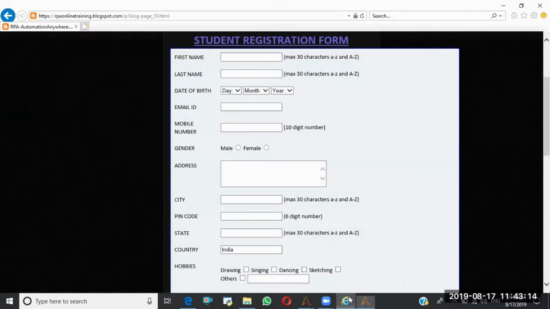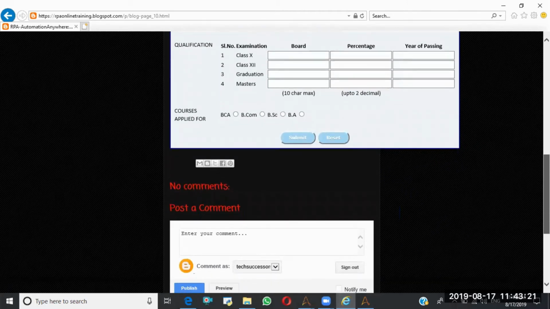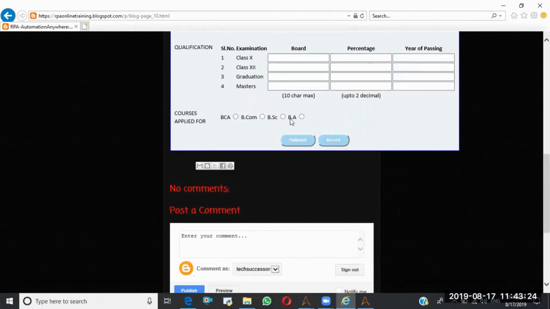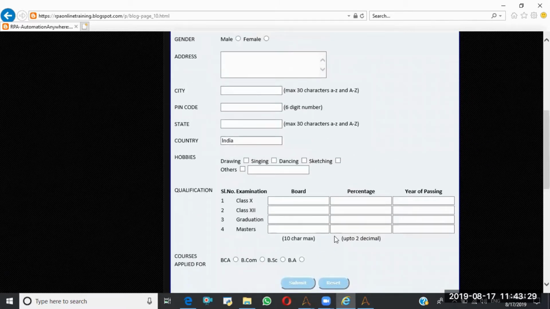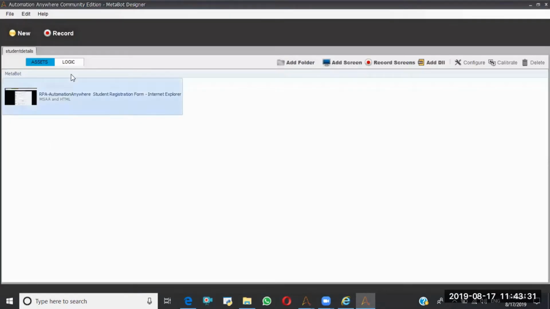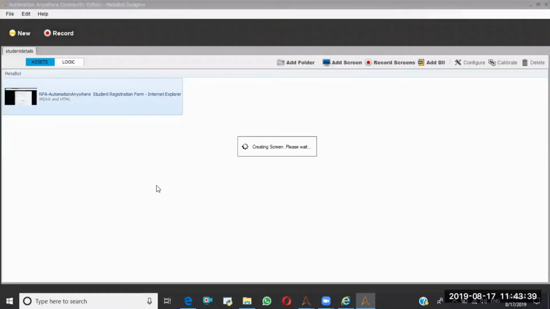If I observe, I have the asset up to here. I need to go down here. I want to capture this one as well, the second part too. So I put this one again, I'm going here, and again I'm adding the screen. This time I'm capturing this part. The second part will be captured. So these two screens are my assets.